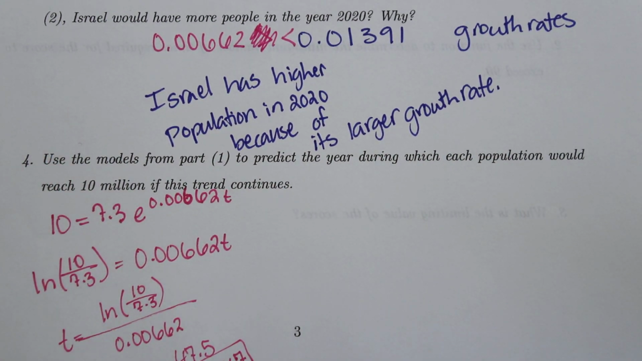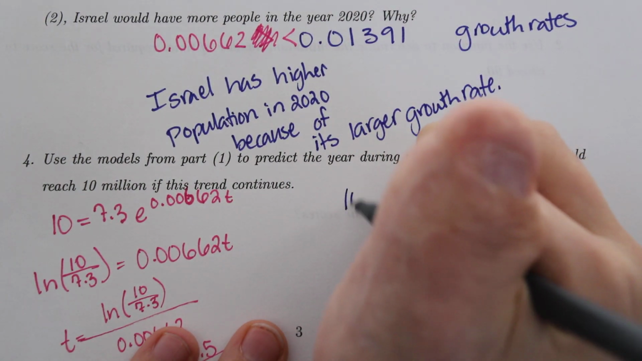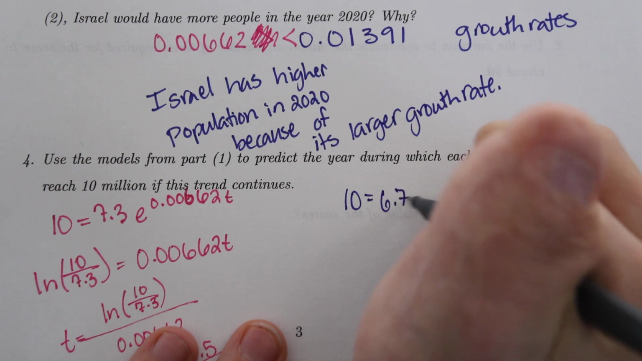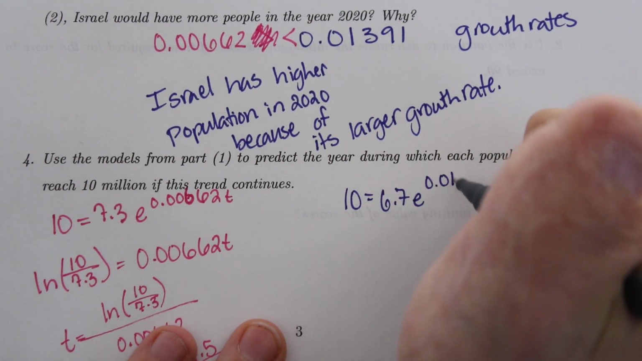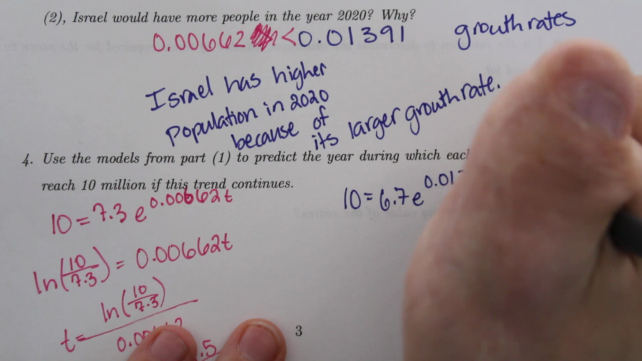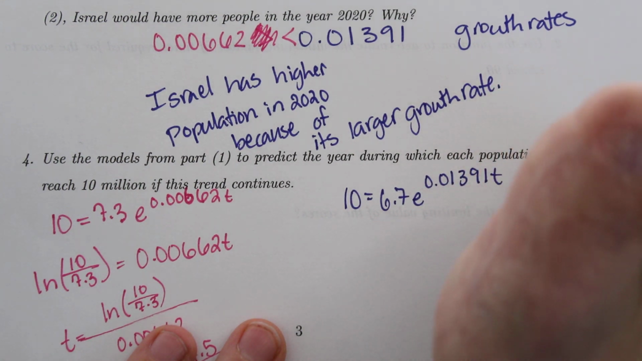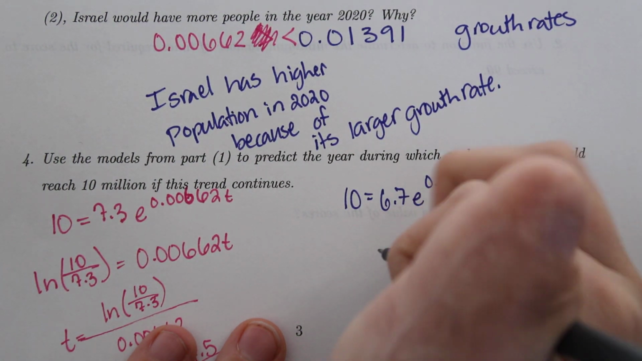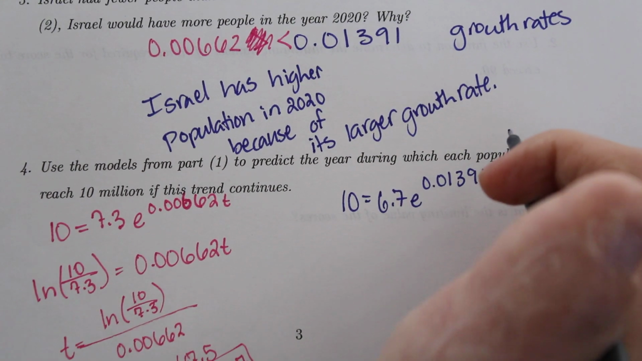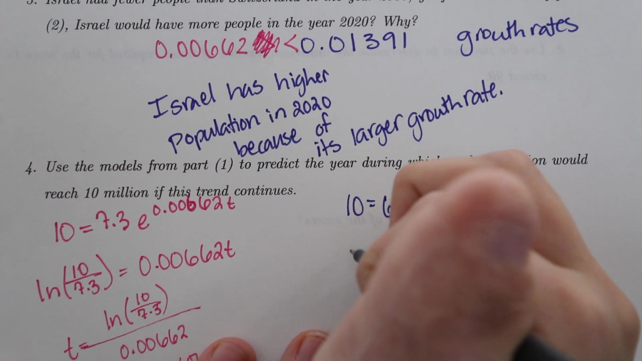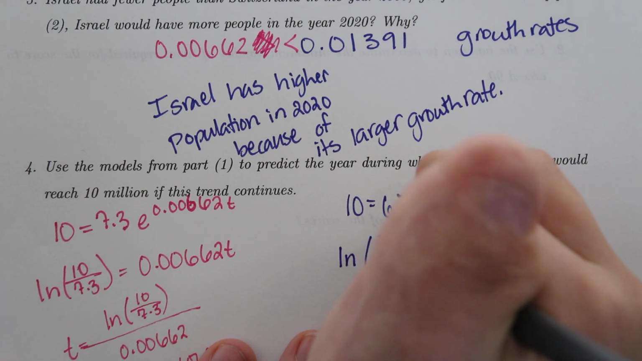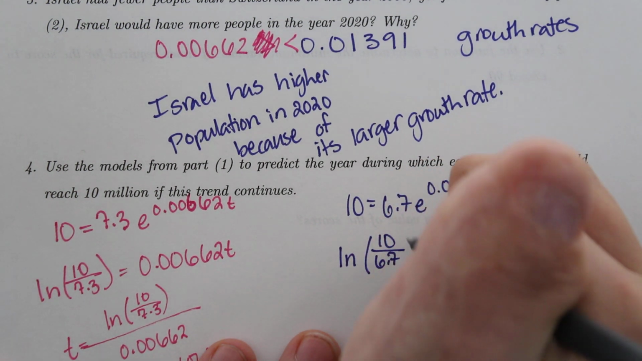Okay, what about Israel's? So we're going to check it as well. So we want to set its population value equal to 10 as well. So we get 10 is equal to 6.7 e to the 0.01391 t, and solve for t. I'm going to skip a few steps because we've done it so many times and I think you're probably tired of hearing me say it. So we're taking the ln of 10, 6.7 is equal